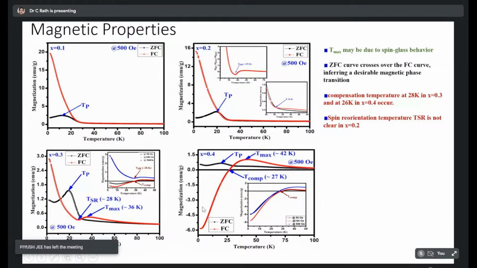In fact, in 40%, you can see another feature is added to this: there is a compensation temperature. That means at this temperature the magnetization is 0. How come the magnetization is 0 in this system? And it becomes negative, so there is a magnetization reversal, a compensation temperature, and a spin reorientation transition temperature. So all these features we could see when chromium is added, and this is at different